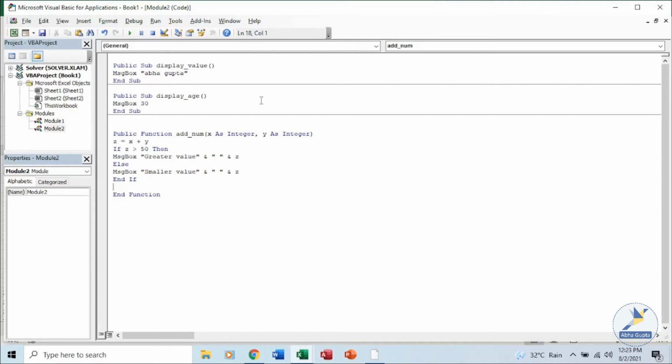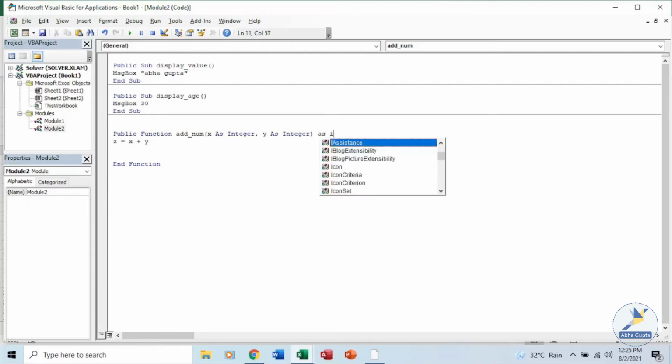Now let's see how we can call this function add num in some other function or in a sub. Let me remove this. We do not want to display it over here. Now my function will be returning a value, so I can always specify what type of value my function is returning. It will return an integer.